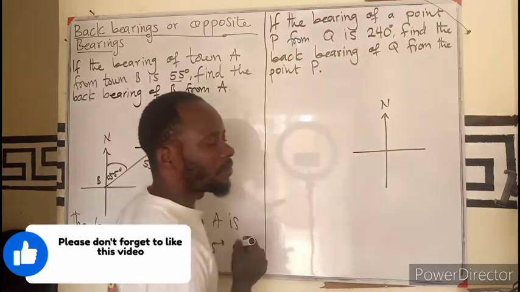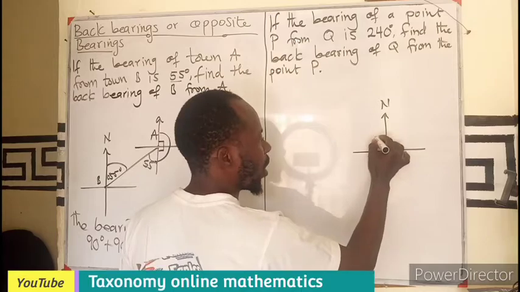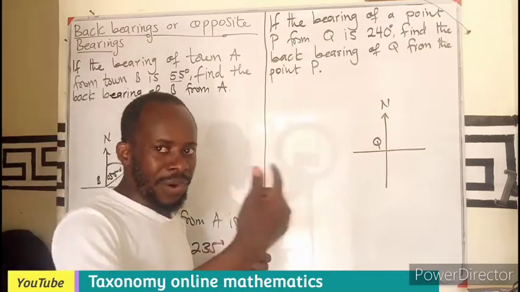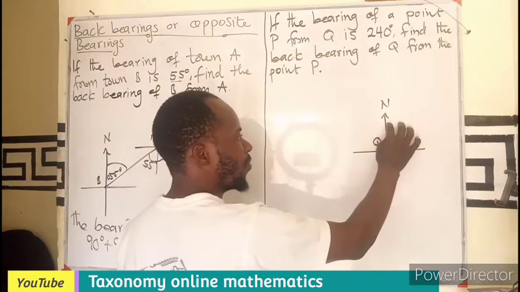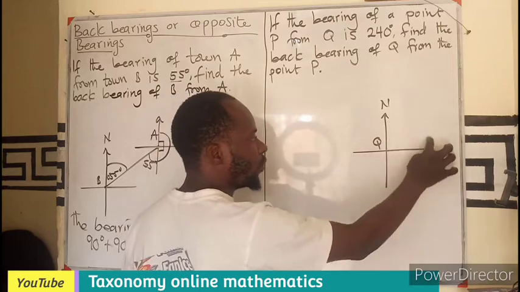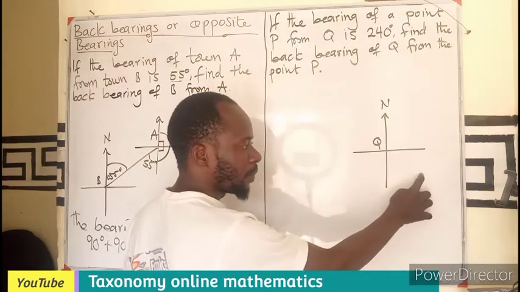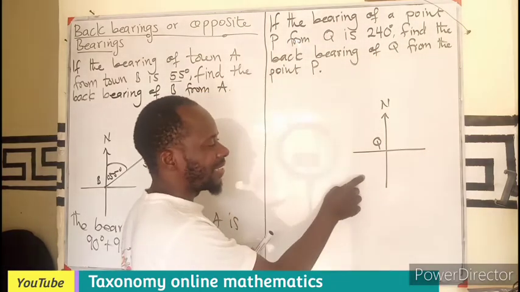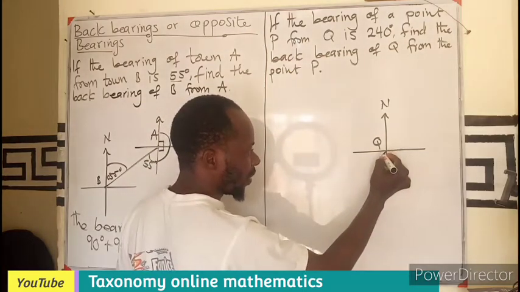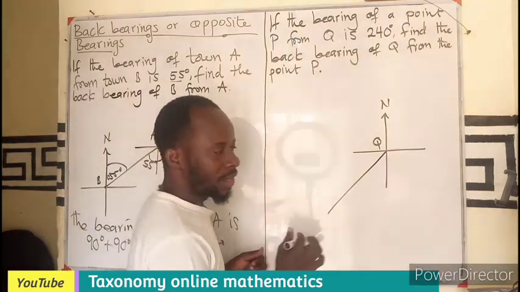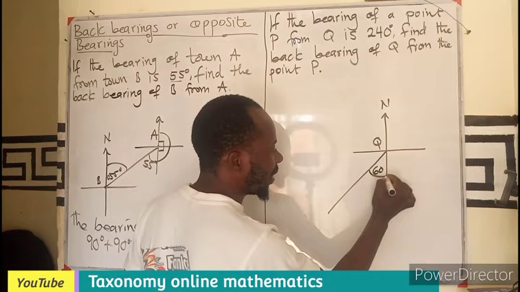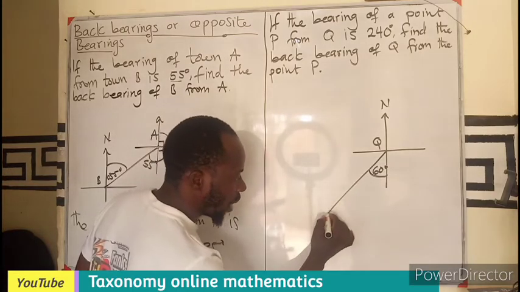I indicate the north, putting the point Q. I need the bearing of P from Q by the reading of 240, meaning movement from the north until I get 240. If I move to this, I will get 90, 180 plus a certain angle gives me 240. So it means if I add 60 to 180,